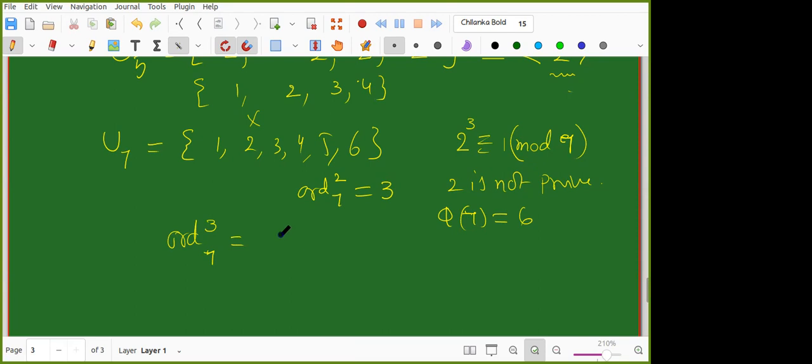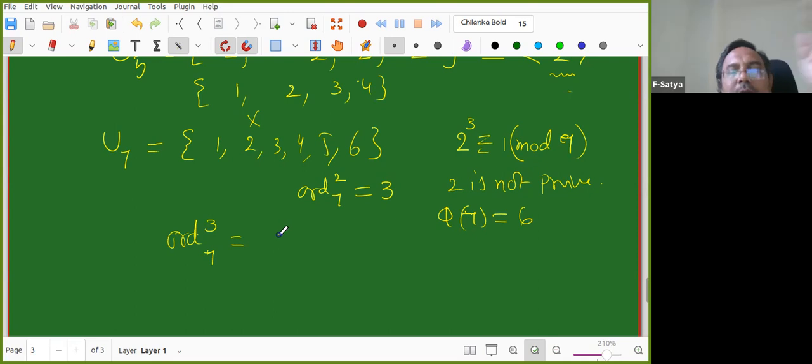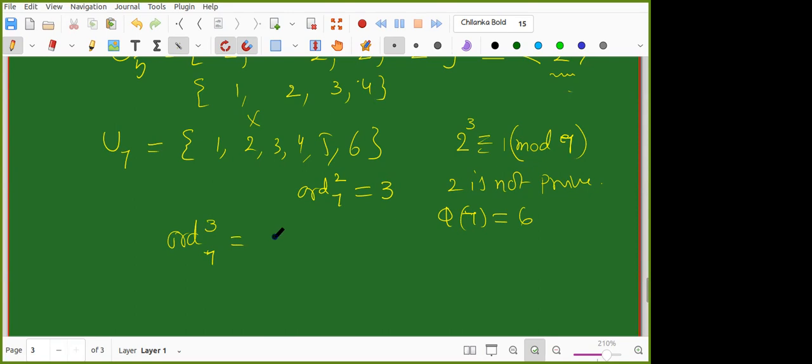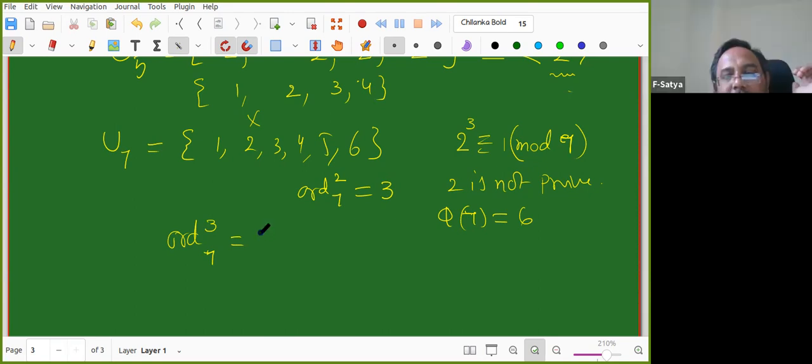2 mod 7 is 2. Very good. Wonderful, it is 2, so not 1. No problem. What about 3 cubed? Again 6. So the order is now going to be 6 only. 3 cubed is also not 1, 3 squared is not 1, 3 to the power 1 is not 1. So 3 to the power 6 only becomes 1. So that means that 3 is a primitive root.